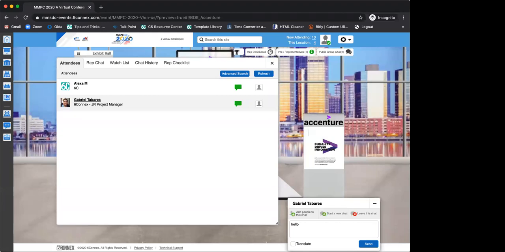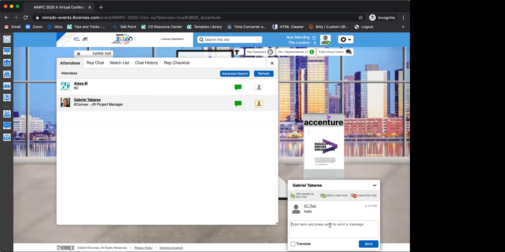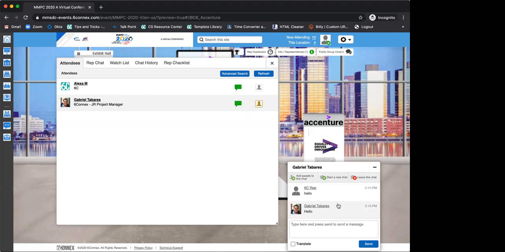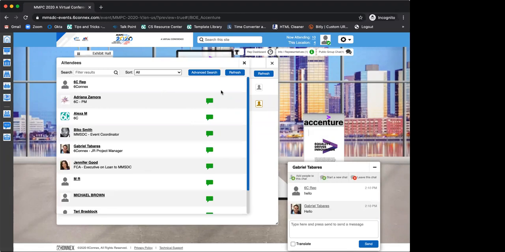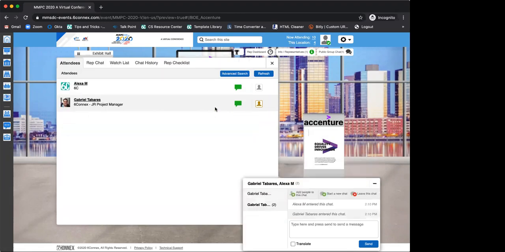So if I say hello, he's gonna receive this message on his end, and he's gonna be able to reply as he just did. So you can keep the conversation with this person only. If you wanna add someone else, you can click add to this chat and you can select anyone else. For example, I'm gonna select Alexa, which is the second person on my booth.